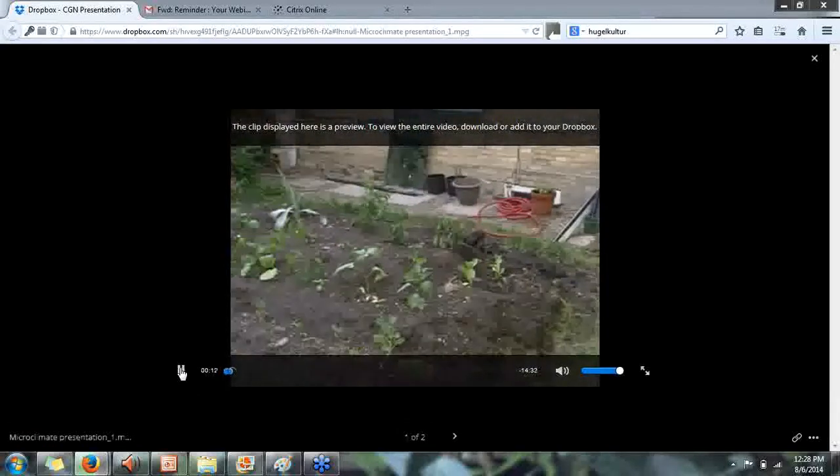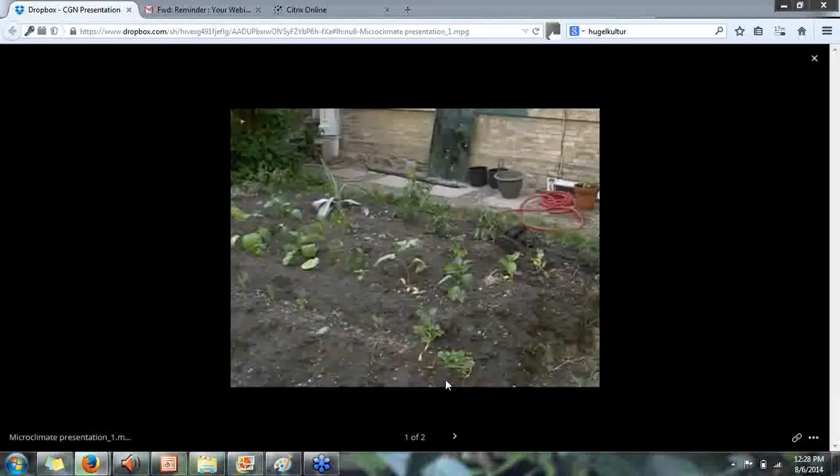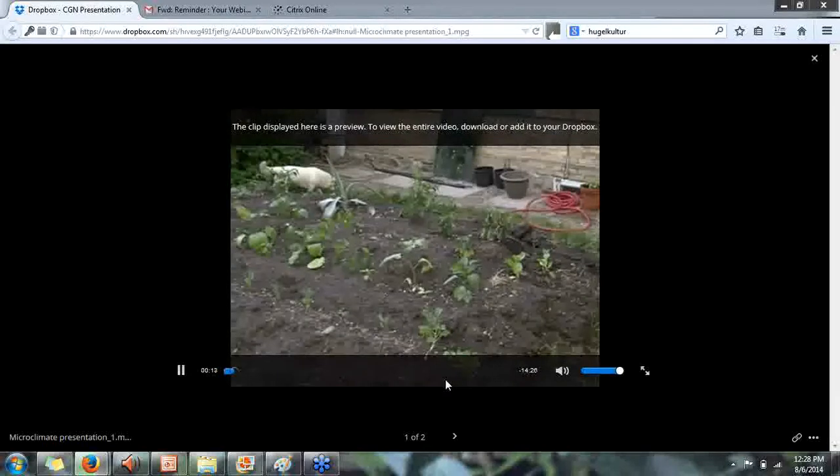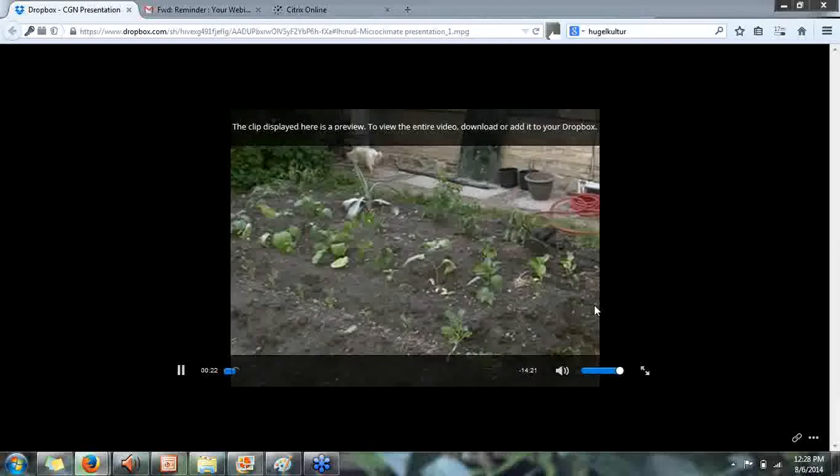Hugelkultur raised bed. This is a form of raised bed. Basically what it is it's a raised bed technique that actually incorporates the use of large fiber objects like